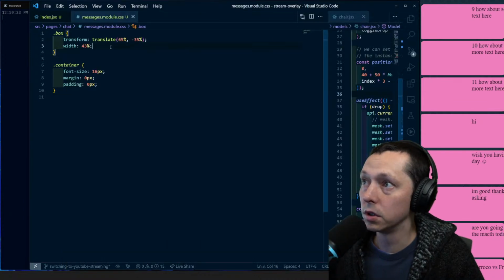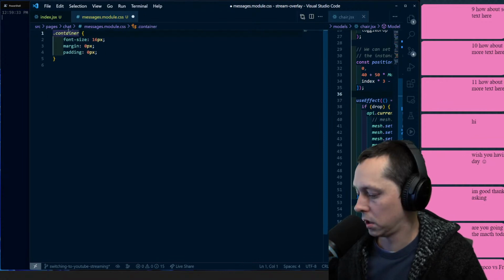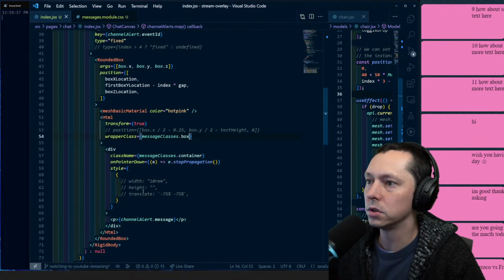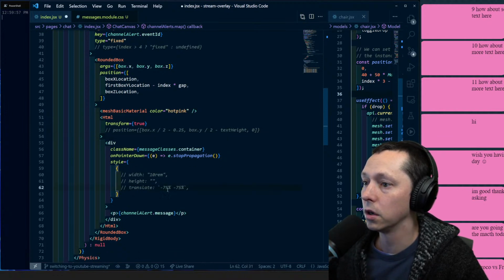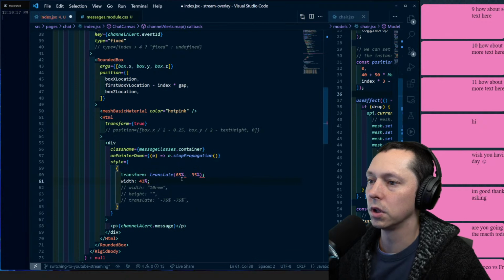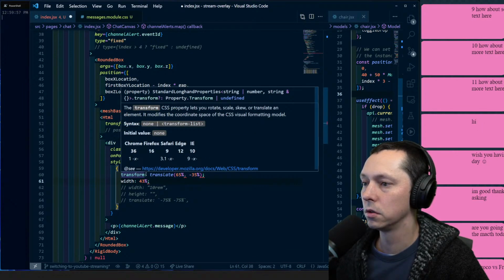So I don't think we could do this in the wrapper class. I don't think we have a choice. I think we have to do it here, which I think is going to complicate things because